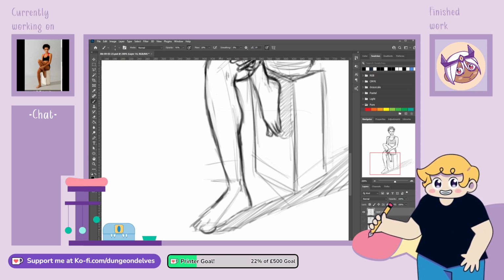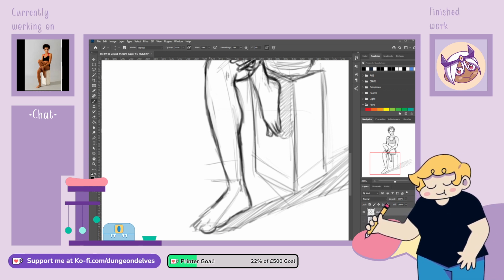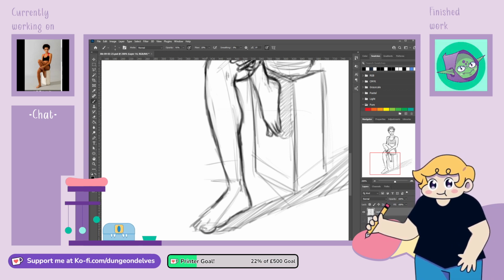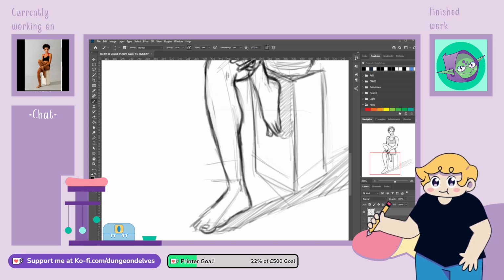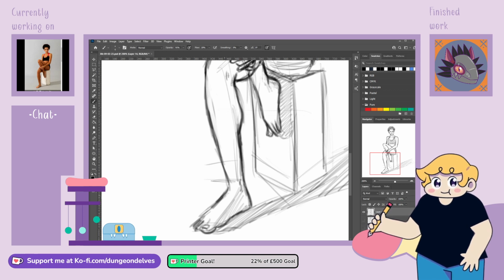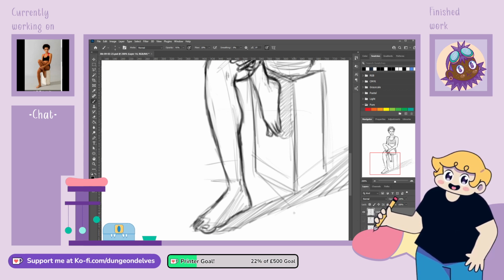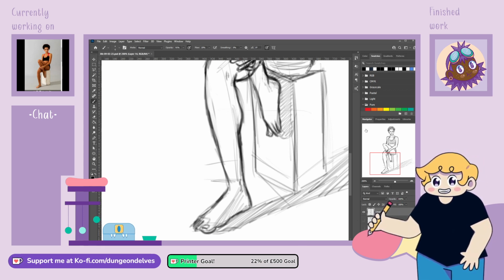Got a nice round section there. And the nail. Kind of see the nail here too. Okay, yeah, I don't hate that one.